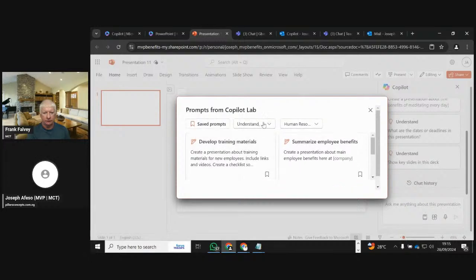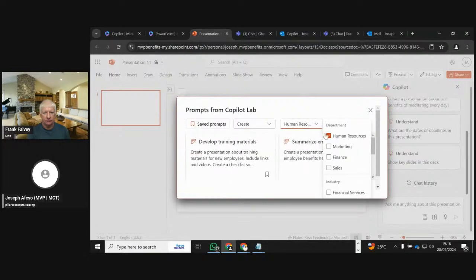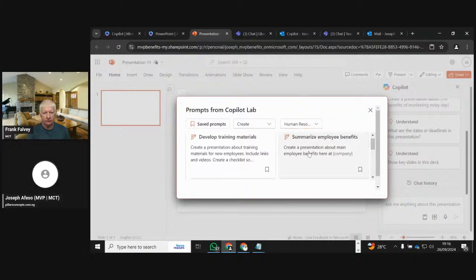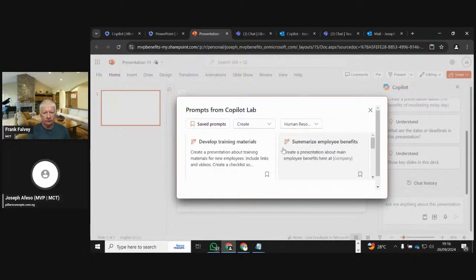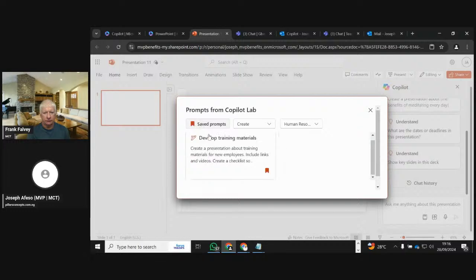So if I want to say, okay, give me prompts around create and don't show me around understand, then it's going to limit it. If I come here to say, okay, include marketing from finance and sales, I can, and it can expand and give me more. If I want to save a particular prompt, I can hit this bookmark here to save my prompt, so that it will be under my saved prompts now,